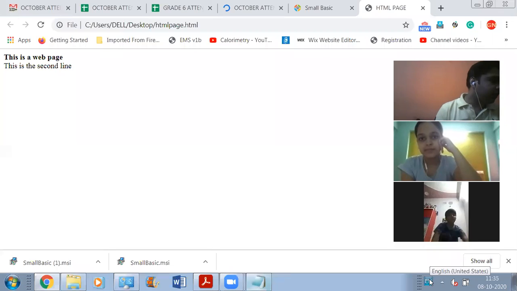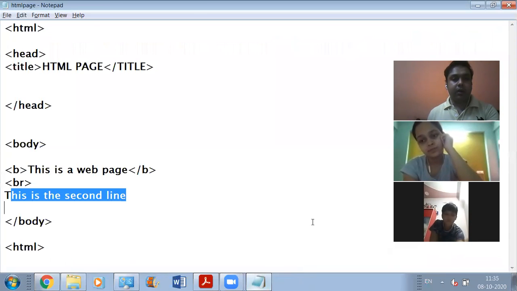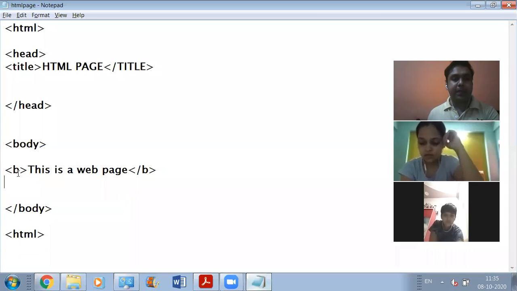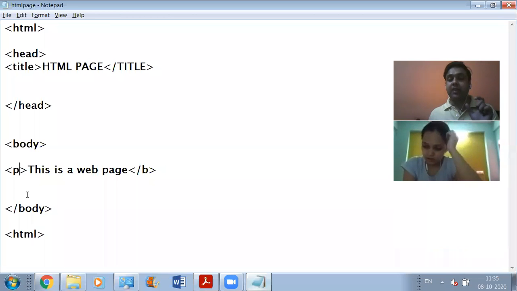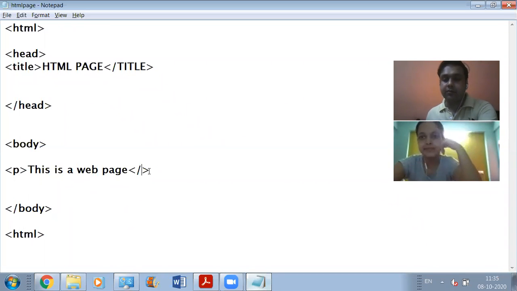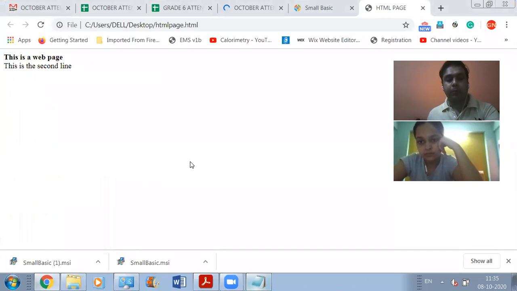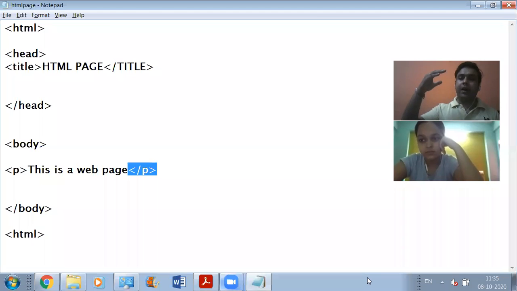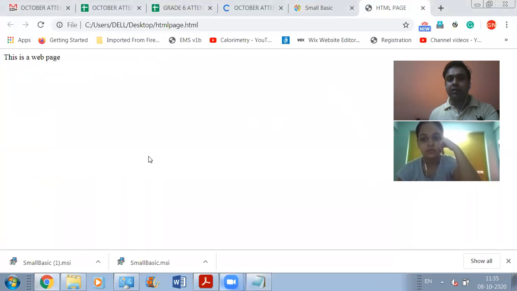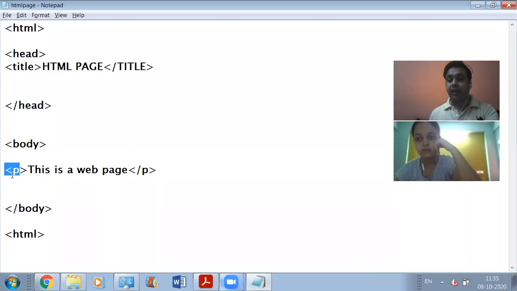Now let's see what this P tag is going to give us. There is a tag called P, which stands for paragraph tag. It is also a kind of container tag, so you need to open it and also define the closing point of this tag. Now let's see what kind of output we get. This is the output you get on the web page. This is generally used if you have a number of lines that you want to show as output on the web page, so you can make use of paragraph tags.